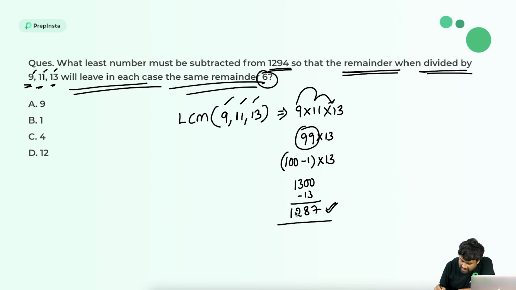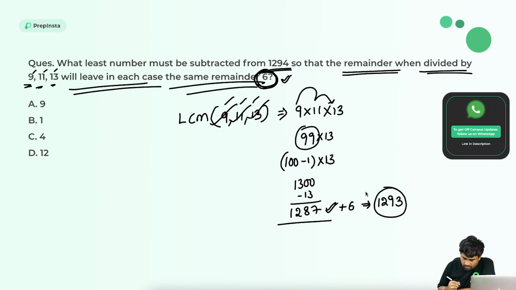So 1287 is exactly divided by 9, 11, 13 and leaves the remainder 0. But we want remainder 6, right? So after getting the LCM, you need to add whatever remainder you need. So add 6. So the answer will be